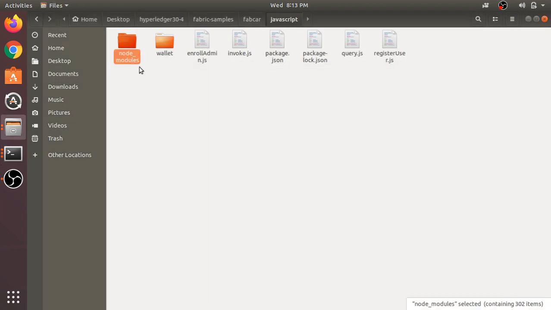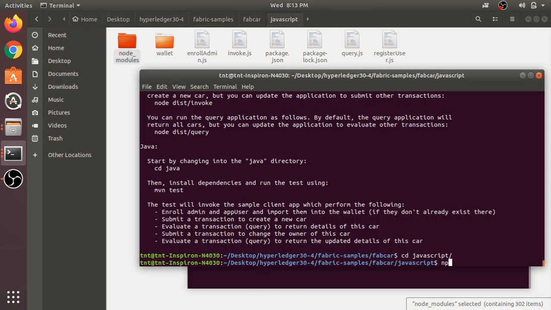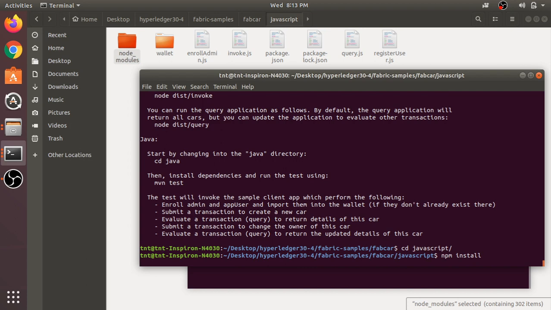The node modules are already inside my folder, since I already ran npm install. Once I run npm install, it will go through all the dependencies in the JSON file, and if any is not available in node modules, it will automatically download it from the network. So you have to connect to your network. I forgot to connect to Wi-Fi.